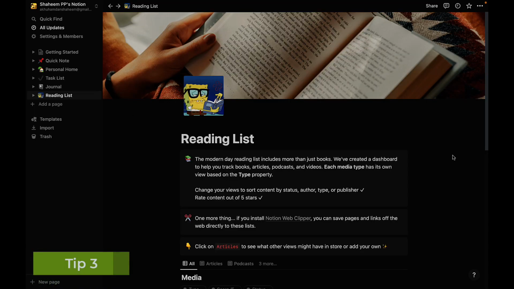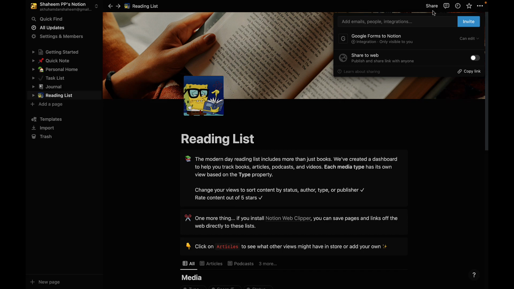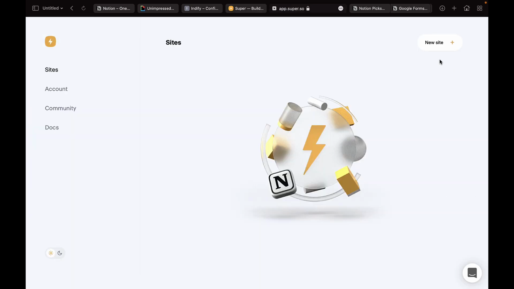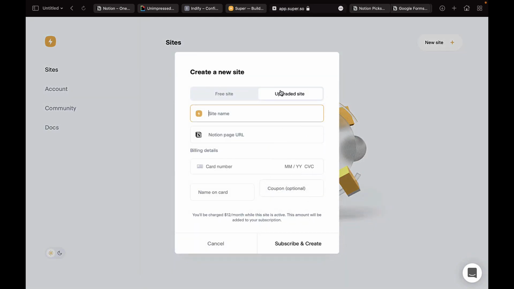You might already know that the share option in Notion will help you to share the page link, and also the one who sees the page can duplicate it and edit as per their wish. Do you know that there is a website called super.so using which you can make it responsive and share it as a web page? Log into the super.so web page and you will see this dashboard. Click on the new site and give your site a name